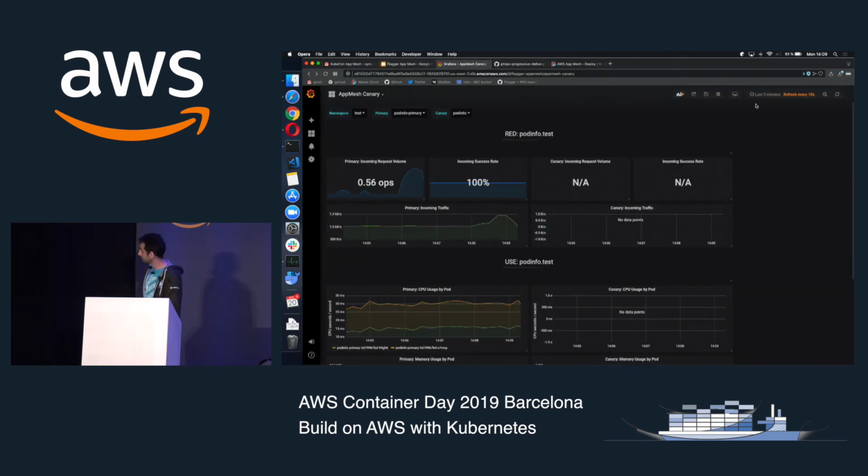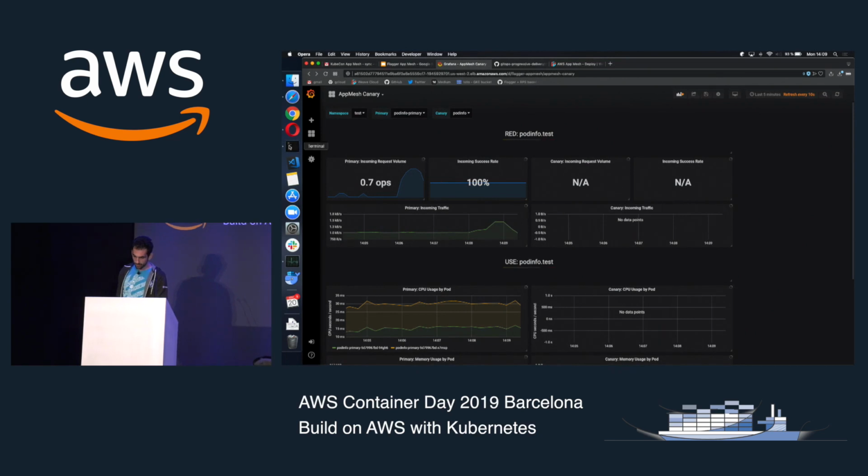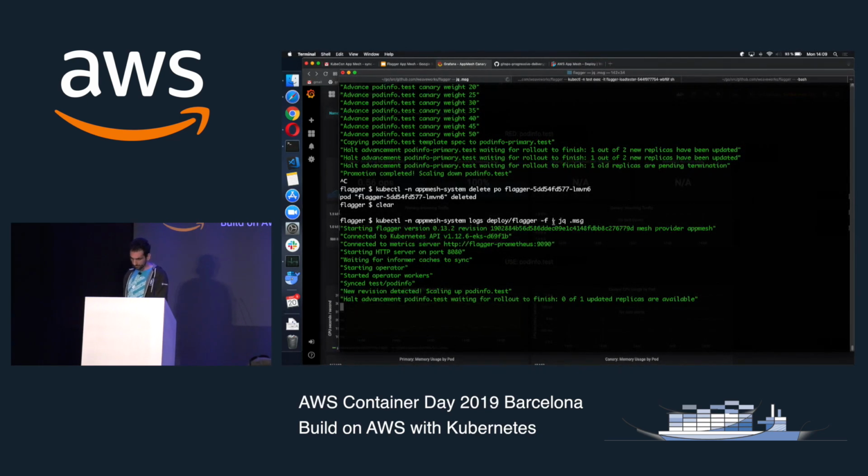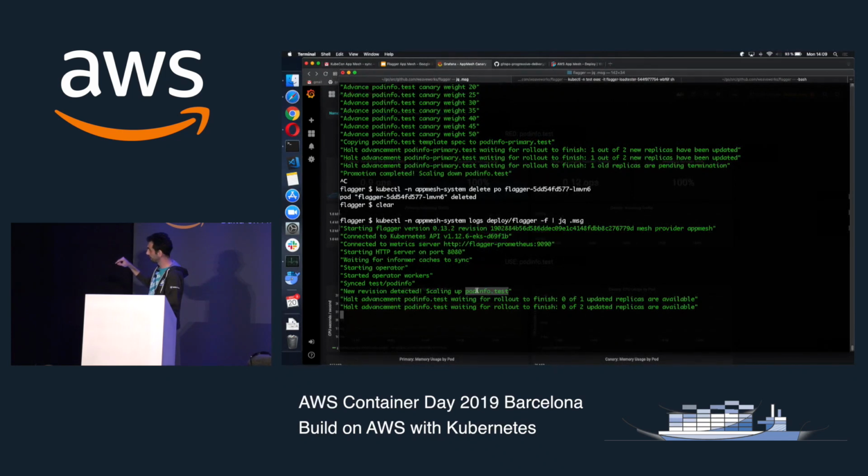I have a Grafana dashboard here. This is the primary workload, this is the canary. There is no information here whatsoever because the canary is scaled to 0. The production workload is actually the primary one. And if we look at the Kubernetes events, we see that Flagger detected that a new version of my workload, which is called podinfo, has been